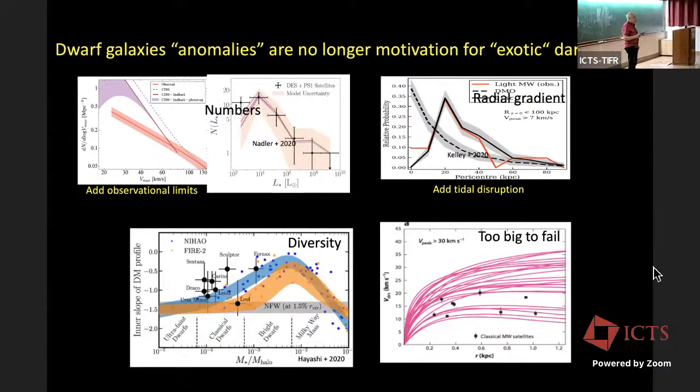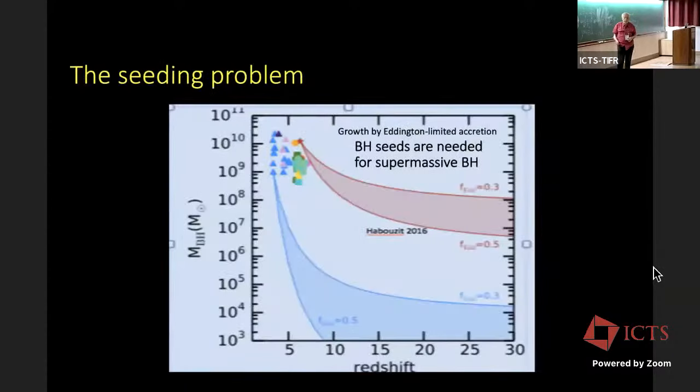Well, the answer is, again, almost certainly the feedback from this central black hole is complex enough to basically destroy any hope you have of making stars. We know this feedback works for big galaxies to some extent, and it's going to be much more dramatic for small ones. So that, I think, is the answer the simulators are finding now for the small galaxies. So it's goodbye to the problems, which is a nice thing, but it does open up another problem. And this is mostly what we're going to spend the rest of the lecture on, and that is the seeding problem.